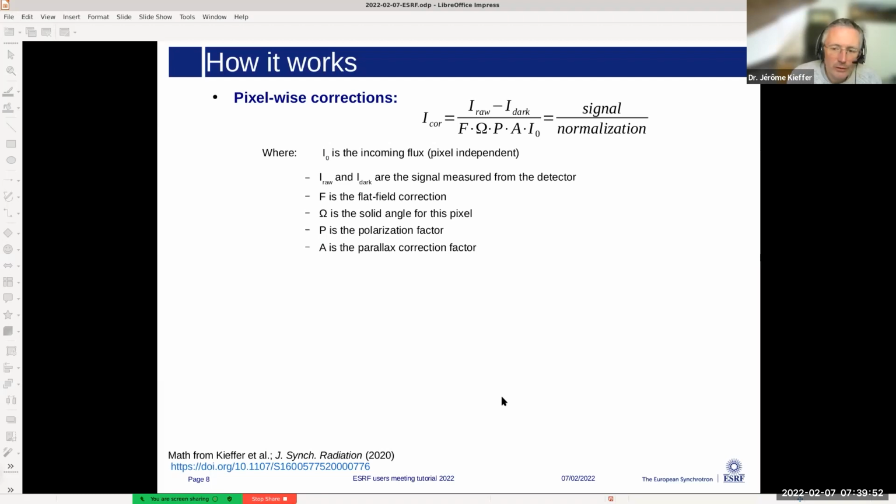PyFAI does not only do azimuthal integration, it also performs all the previous processing steps that are needed, and one of the most important ones is the pixelwise correction. So, for example, dark current subtraction. If we have some raw signal coming out of the detector, if we have an integrating detector, we are likely to perform some dark current subtraction and flat field correction, which is this F at the denominator. But we need to correct also for the solid angle subtended by every single pixel, correct for polarization,